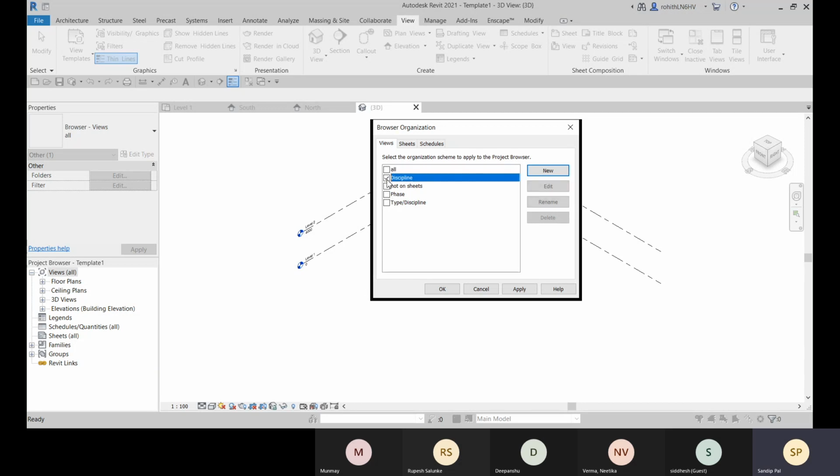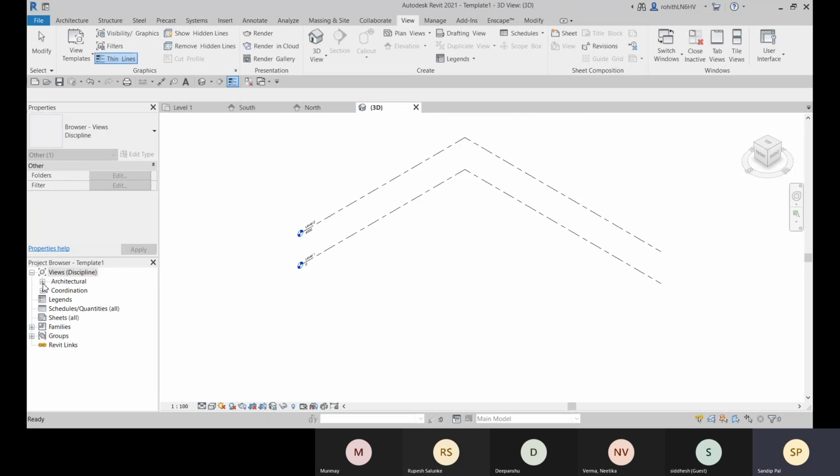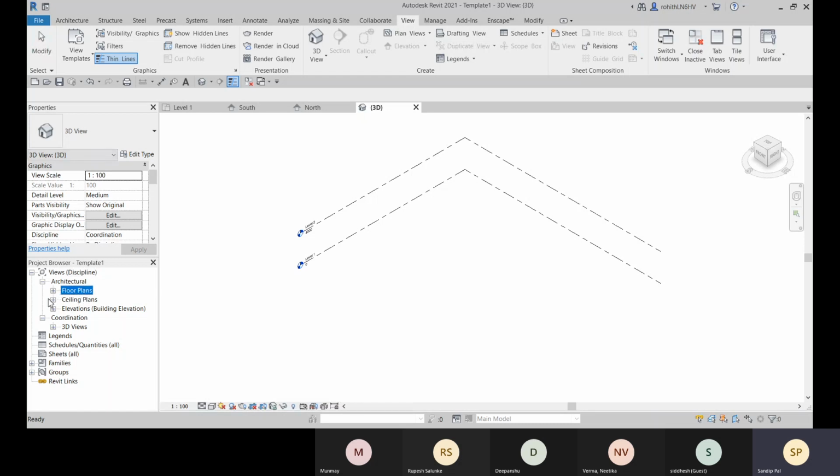You can make it as per the discipline. So discipline wise, all the views will be organized. So select it and click on OK. And now you can see that these are organized as per the discipline, architectural, coordination. So you can include them within structural also.